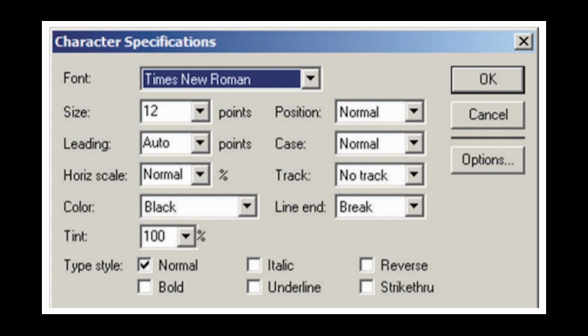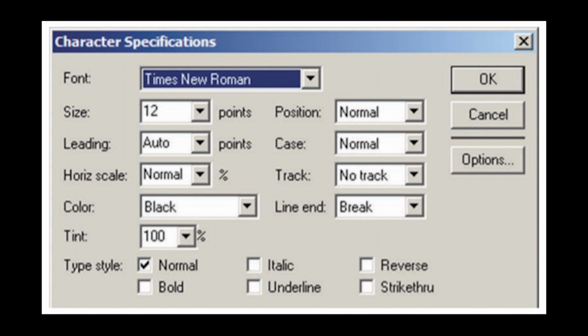By clicking the arrow near that, we can select which font we need, and then we have size, leading, horizontal scale, color, tint, type style, italics, underline, reverse, strike through, and so many other options. Using this, we can format the text. After giving the specific style and size, you have to click OK.